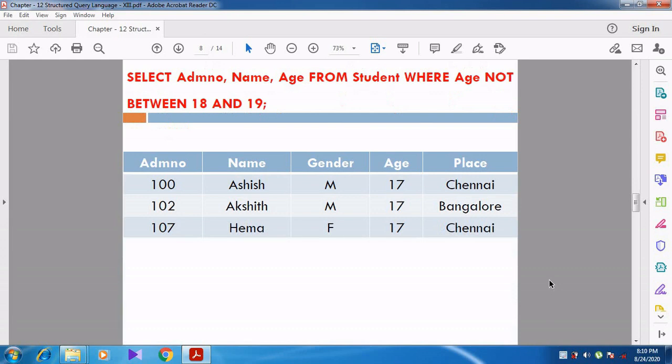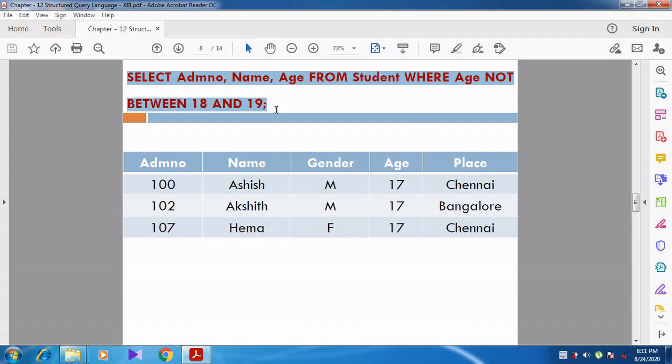Whenever I use the not between keyword, see here: select admission number, name, age, place from student table where age not between 18 and 19. So instead of between, they have used not between.